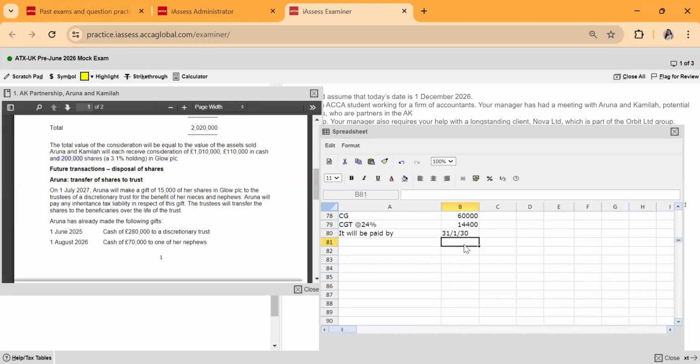Now, whether incorporation relief should be taken or not depends upon the category of the taxpayer also. Like here, the category is 24%. If in future we are expecting to remain same, which as per the question, yes, then it won't matter whether you go for relief now or later. Though it will just be a matter of